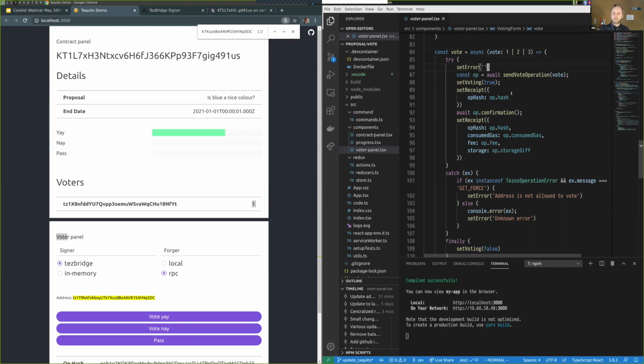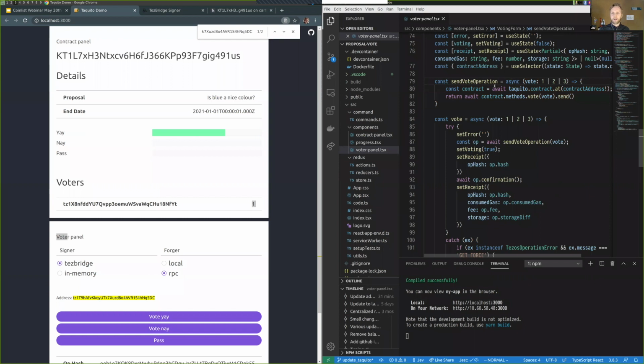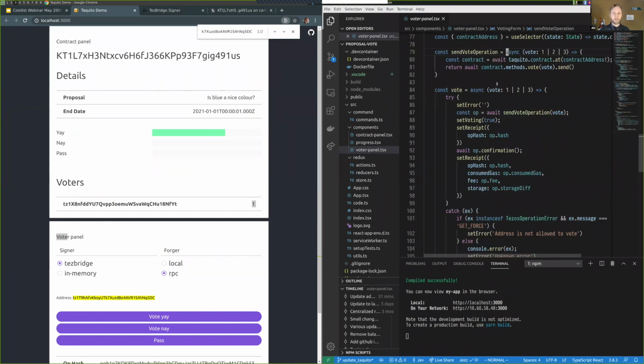So in this method, we have a send vote operation, which contains our business logic for actually casting a vote and sending it to the chain. Most of the magic happens in these 2 lines here, and in the slides I'll be getting into more detail about what each one does. The first line here,